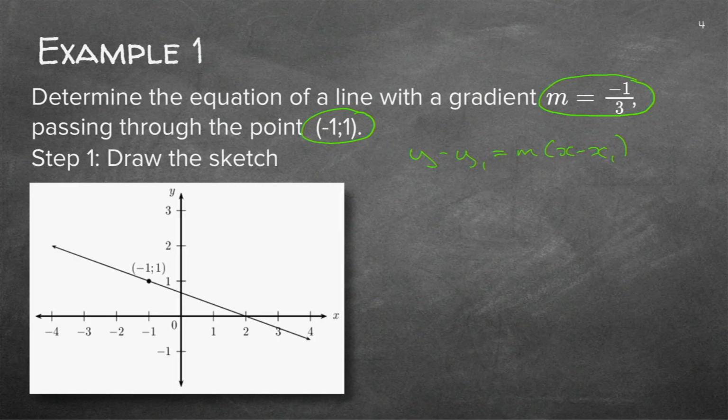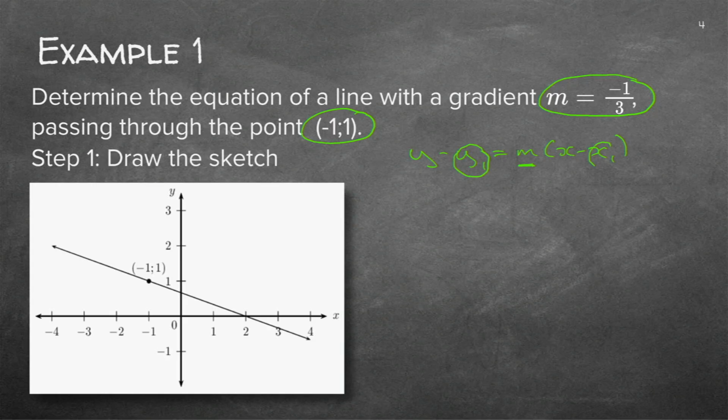If you wonder where it's coming from, just remember it's actually coming from the gradient. m is equal to y2 minus y1 over x2 minus x1. So it looks very much the same. We just got rid of the fraction now. Good. So what does this all stand for? Gradient, m, you know by now, is what they gave you. This is the point.